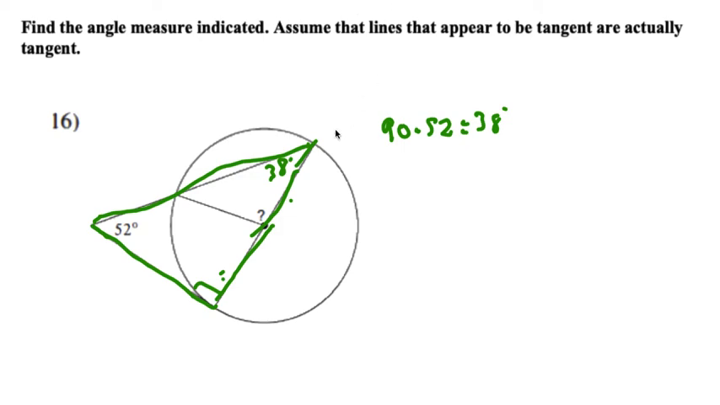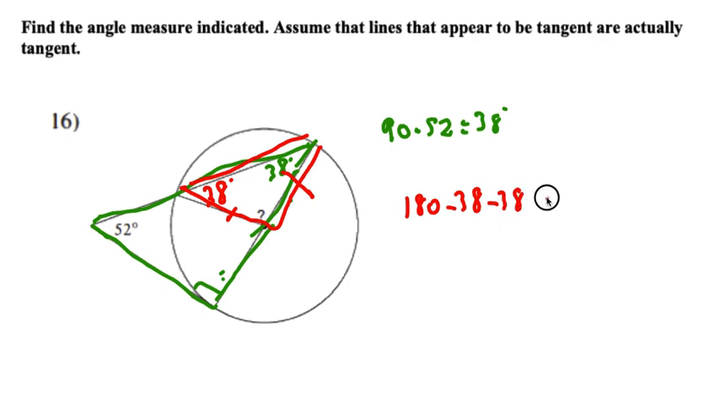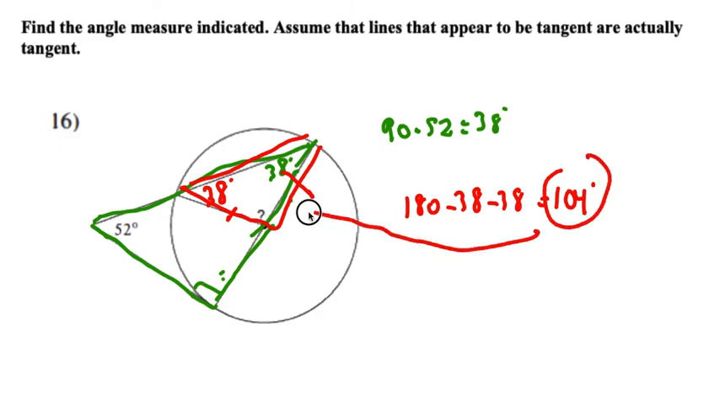Now, if you look again, you'll see another triangle. It's not a right triangle, but another triangle. This triangle, however, is isosceles because that's a radius and that's a radius, which means that is also 38 degrees, which means that 180 minus 38 minus 38 should equal our angle, which is 104 degrees. So we have two